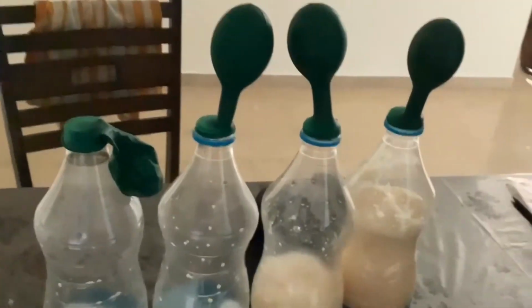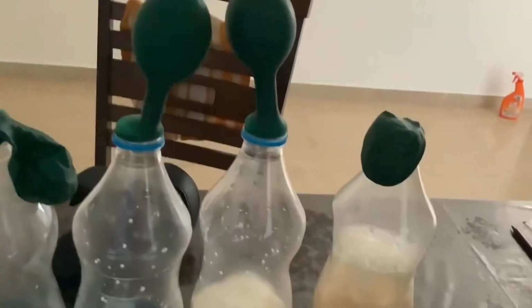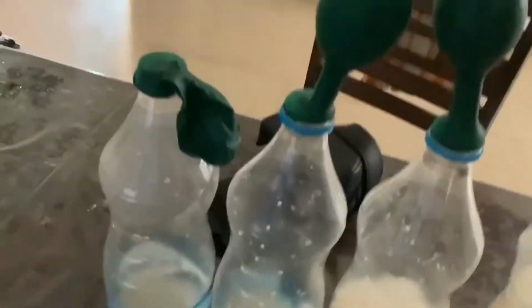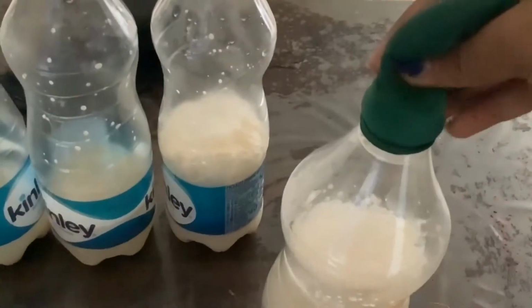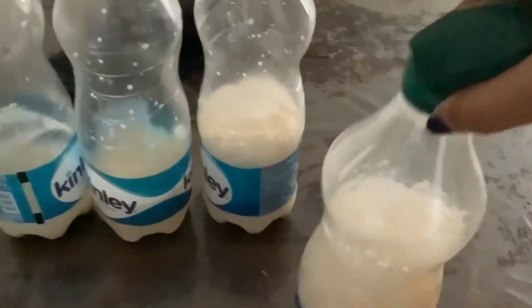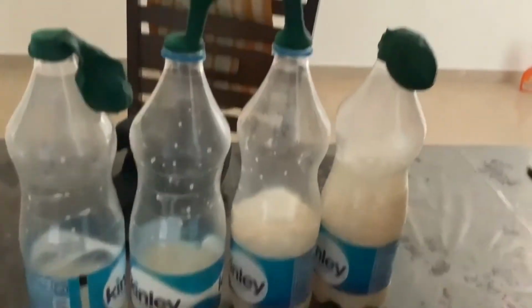It's been 1 hour. Over here, there is a small hole, so I'm going to keep another balloon. It's been about 6